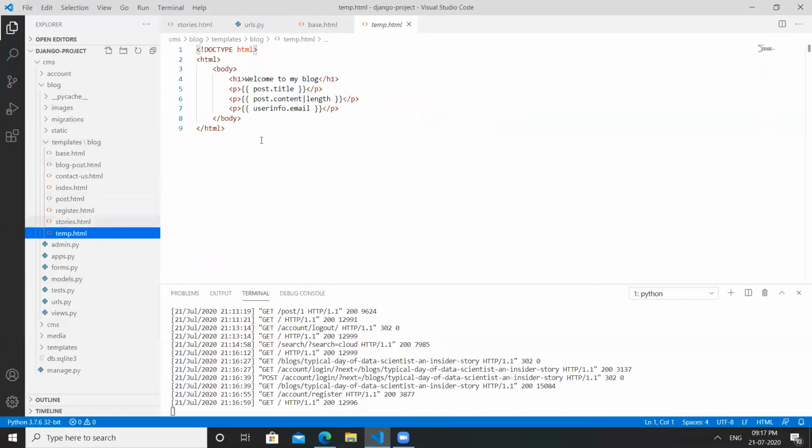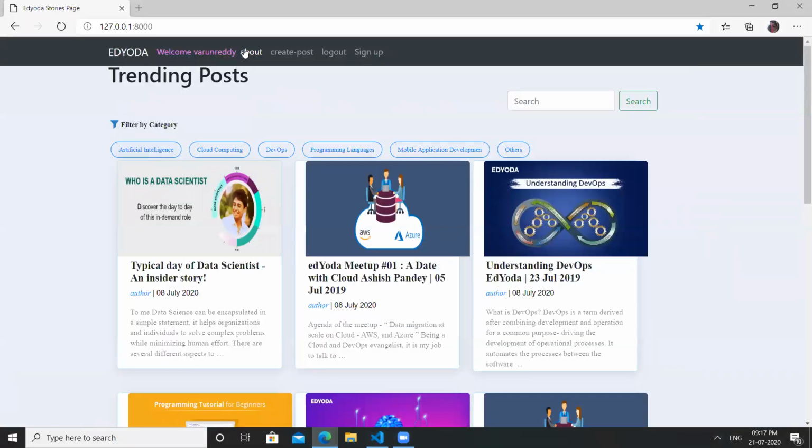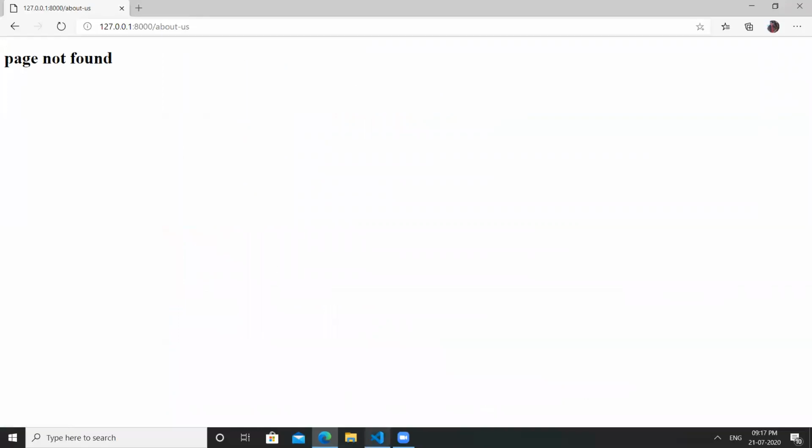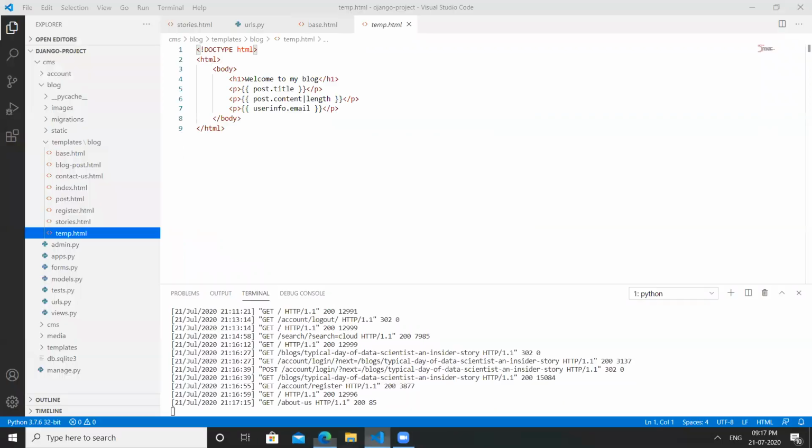This is a template. What I told you about this template, we have used in this about, so that it responds as page not found. This is a temporary template I have made, and this is a blog content related to the blog post and category making. We have related every piece of information in this blog.